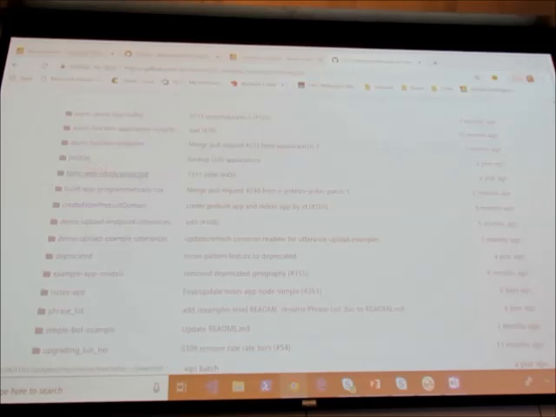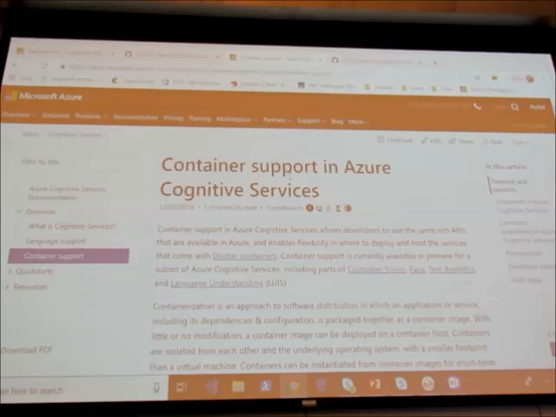So I would really encourage anyone to go to the samples as well. They also have container support, which is really cool. So you can get your model, containerize it, and deploy it anywhere. That's relatively new. I haven't played around with it, but I highly suggest anyone to. I don't really know how that works with the pricing model though. That could be a question for the Microsoft people. I don't know if there's any in the room, but.